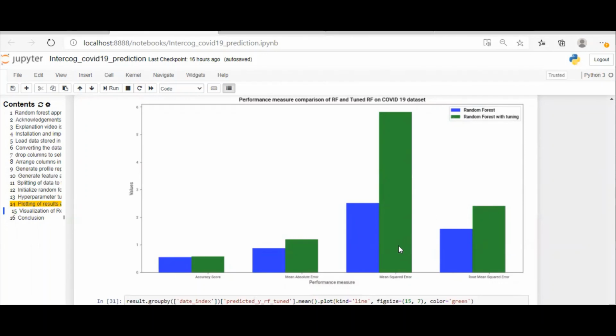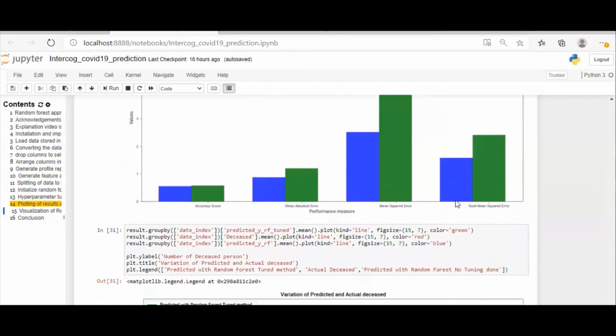So you will see that the mean square value is relatively higher for the random forest method with tuning. So random forest without tuning is giving me a better result for this type of data. So that is one inference I have made.